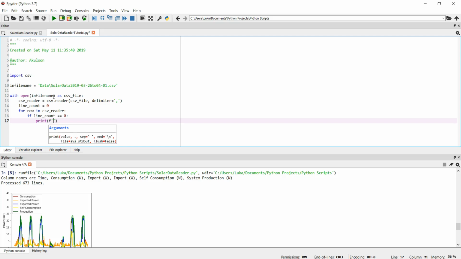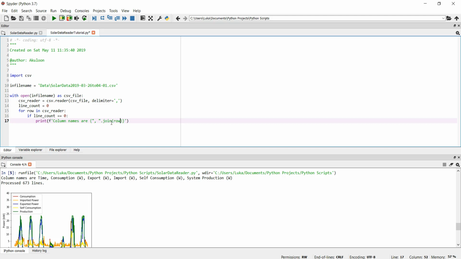What we're going to print, we're going to print column names are, and then open bracket, close bracket, quotes, comma, space, and then .join(row). Boom. So basically what this printing is doing is it's going to be printing column names are, and then